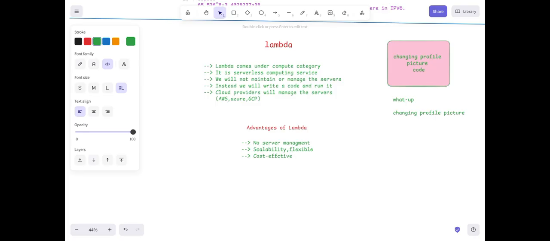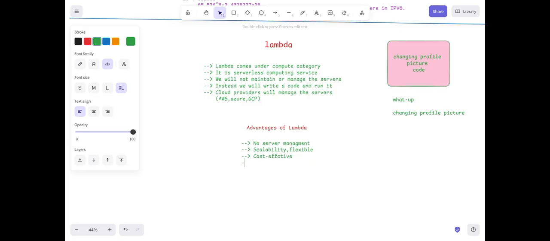If you're not using Lambda, your code has to run on a server 24 by 7, even though users are using it only once in a while. For that, we have to use that server continuously, where it is going to charge more.